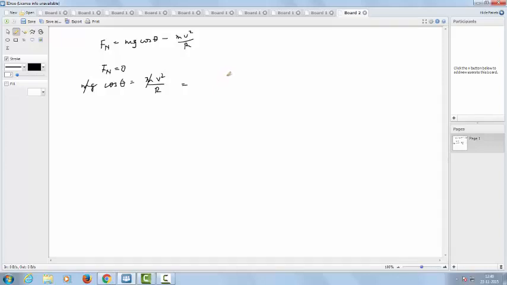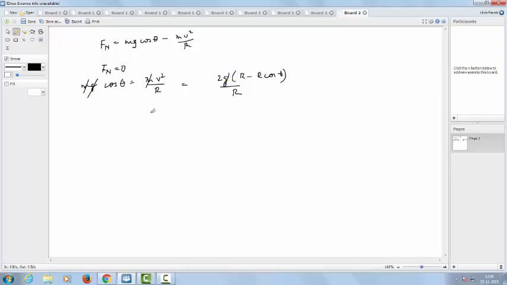So that gives us twice g into r minus r cosine theta, divided by r. So we can cancel g from both sides of the equation,